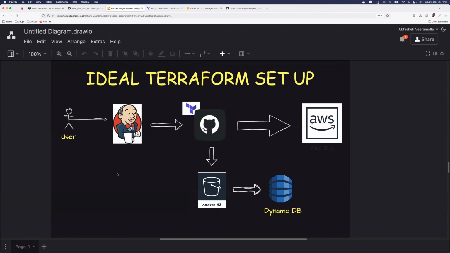Okay, so this is the ideal Terraform setup that anyone should configure in their organization. There is no chance of excuses here. If you are even missing one of these things that I've explained here, only thing